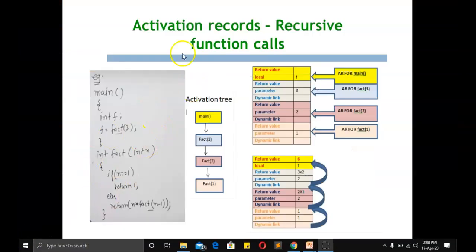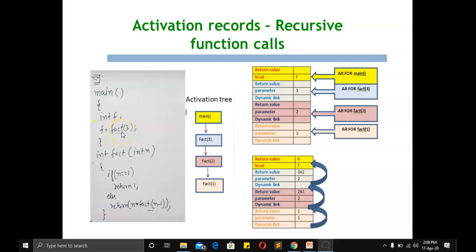Okay, let us see how activation records are loaded into the main memory for this particular example. This example is having a main function which is having a temporary variable or a local variable f, and it is having a function fact of 3.